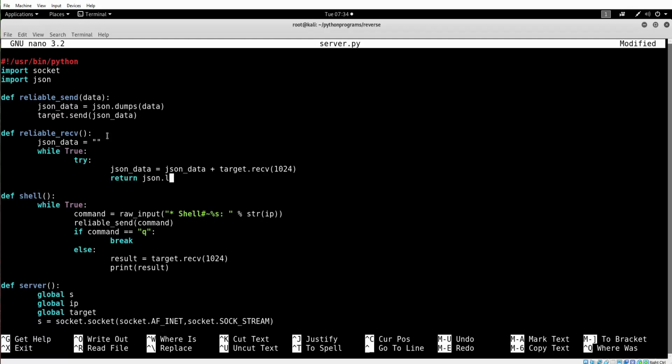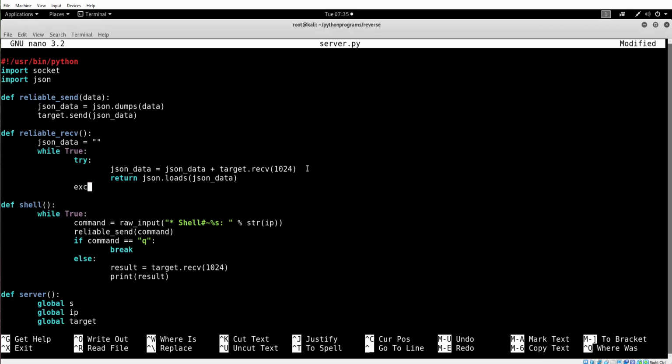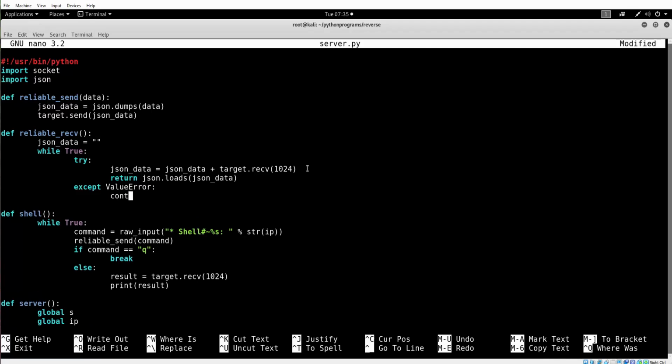And then after that we want to return the function json.loads of our json_data. If the json_data is lower than 1024 bytes, it will return it, except it will give us a value error. I already checked this, so I know that the name of the error will be ValueError, so I just type it right here, except ValueError, two dots, and then continue. Why do we specify continue here? Well, basically if we get a value error,